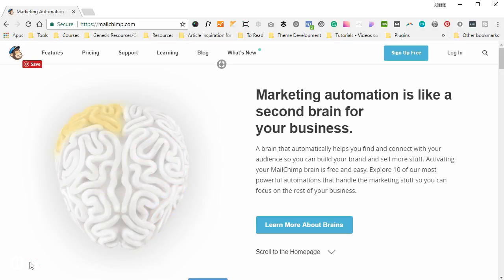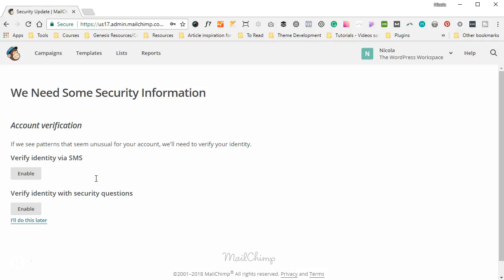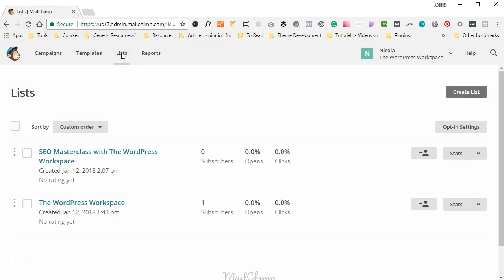In today's tutorial guide, I'm going to walk you through how you can brand your sign-up forms. So the first step is we're going to log into our MailChimp account. Once we're logged into our account, we're going to head on over to Lists, and then we are going to select the list that we want to brand. So the one we want to brand is the one we created on day 2, which was our SEO masterclass